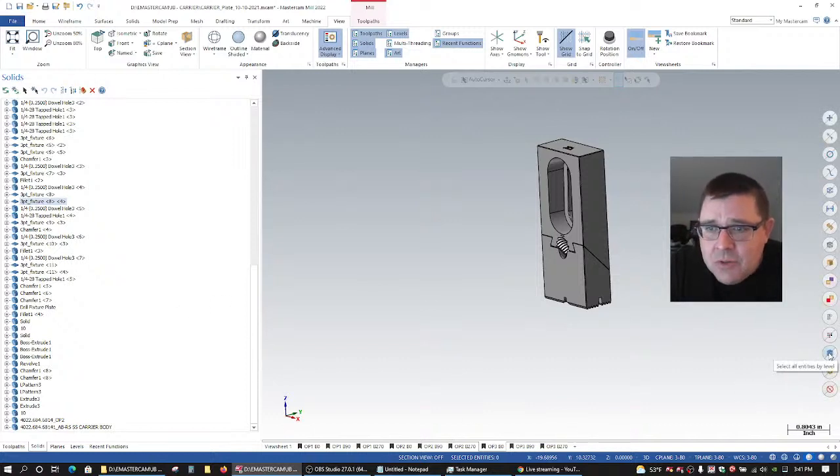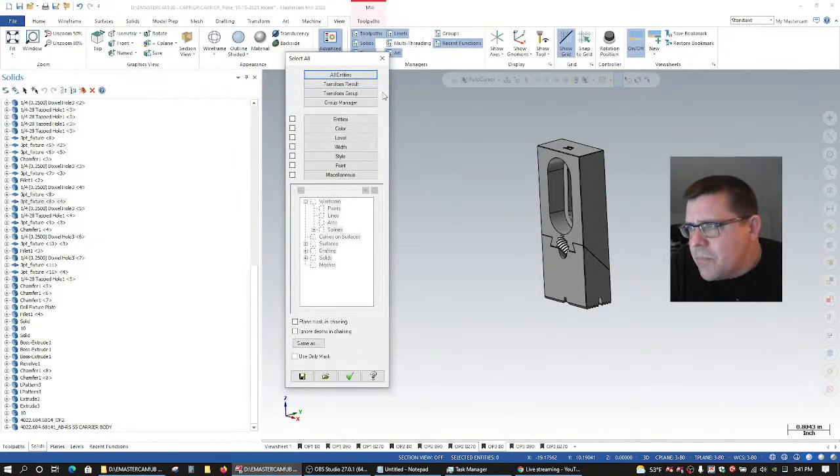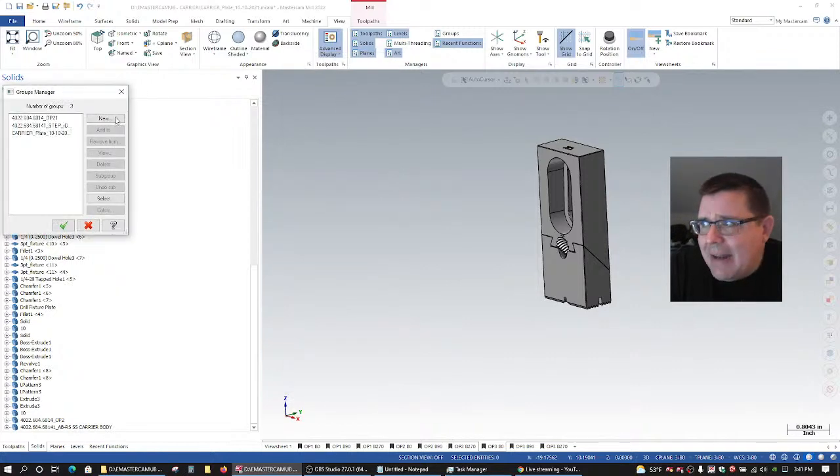If I come down to the group manager, by the way, as far as I know, there used to be a couple other ways to get there, but now you have to go to the quick masks bar, and there's one button that says select all named group entities. So if I go down to select all advanced, and then I go down here and I click on Group Manager,